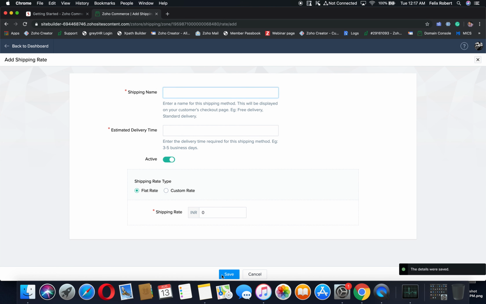Now once I've added a zone, the next thing in the list is to add a shipping name, select an estimated delivery time, and also the shipping rate. So there can be multiple different types of shipping. For example, we might have express shipping or 1 day shipping, or we have the regular shipping. So here I'm going to give a name for it. Express shipping, let's say that the delivery time is 1 day,